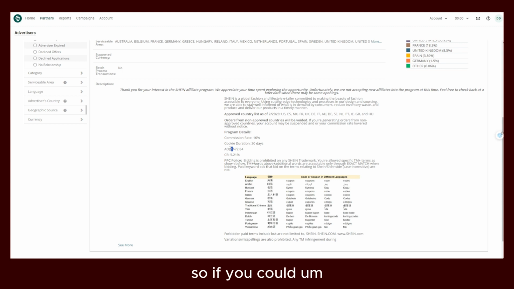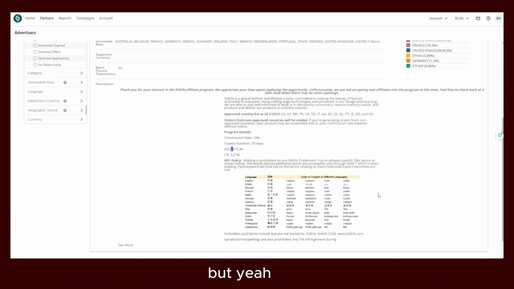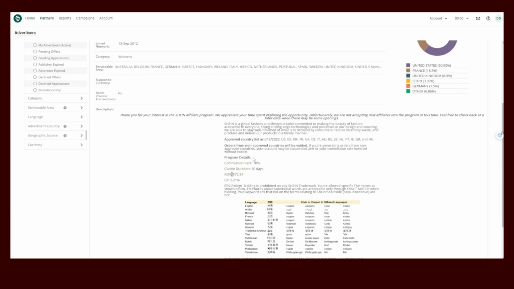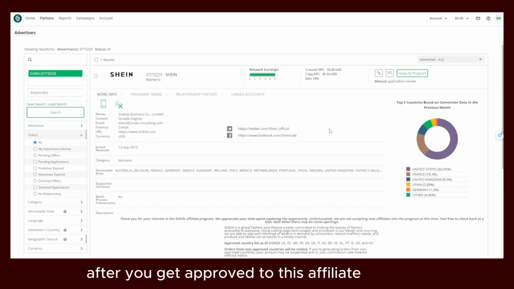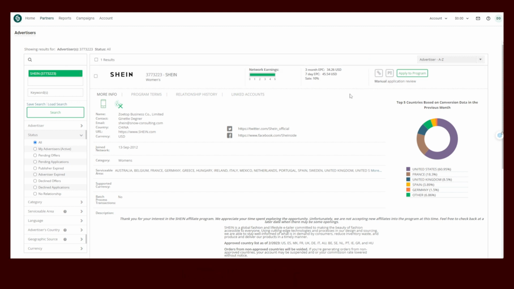So if you could get in, and yeah, you could get in, then the net deals are nice. But yeah, now after you get approved to this affiliate program, you can apply from here, get link. Then once you are approved, you can click on here, get link, and here get products. And then, if you have a website, a YouTube channel, Instagram account, or another social platform, you can just share